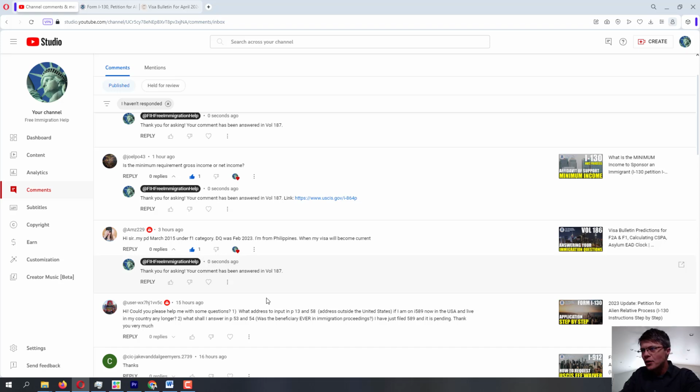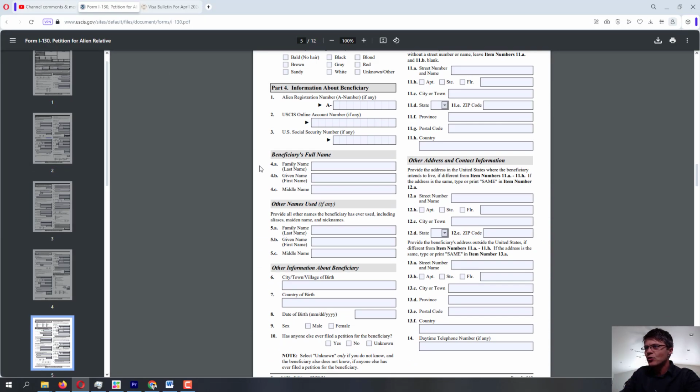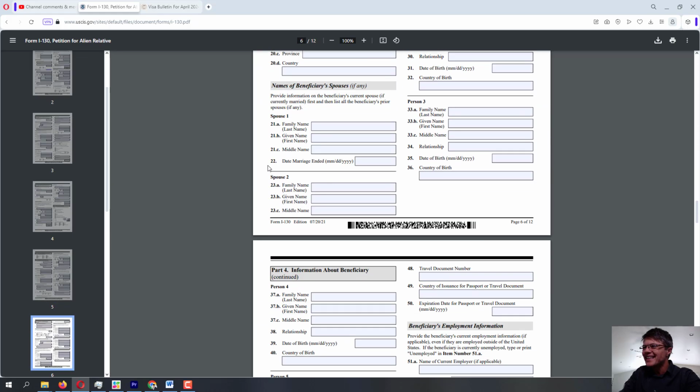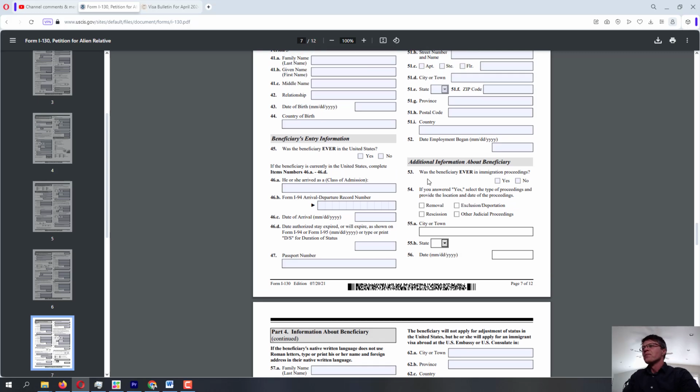Okay, now you had another question regarding P53 and P54. So let's go to that. And you already told me what it is. Let's see, it's about the immigration proceedings. 53, 54. So now this is about the beneficiary.